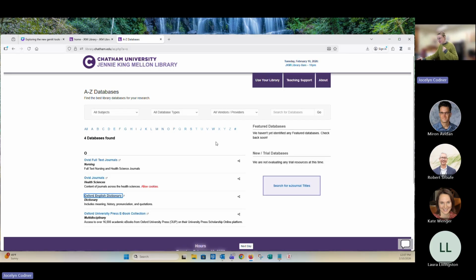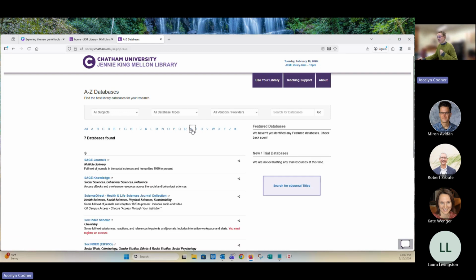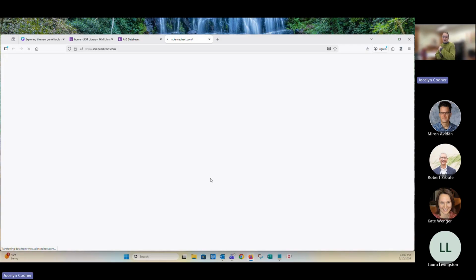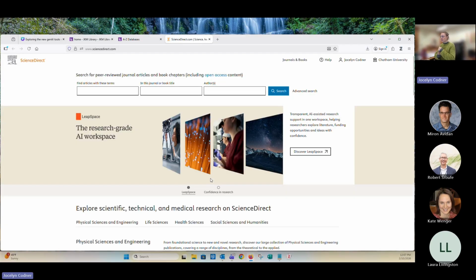Okay, next one is ScienceDirect. Okay, this one is pretty cool, pretty interesting. ScienceDirect is an Elsevier product, so reminder that you cannot take anything. I mean, Elsevier has pretty strong language, but you can't take anything from Elsevier and probably most EBSCO products and put it into something like ChatGPT because they would like to get paid for